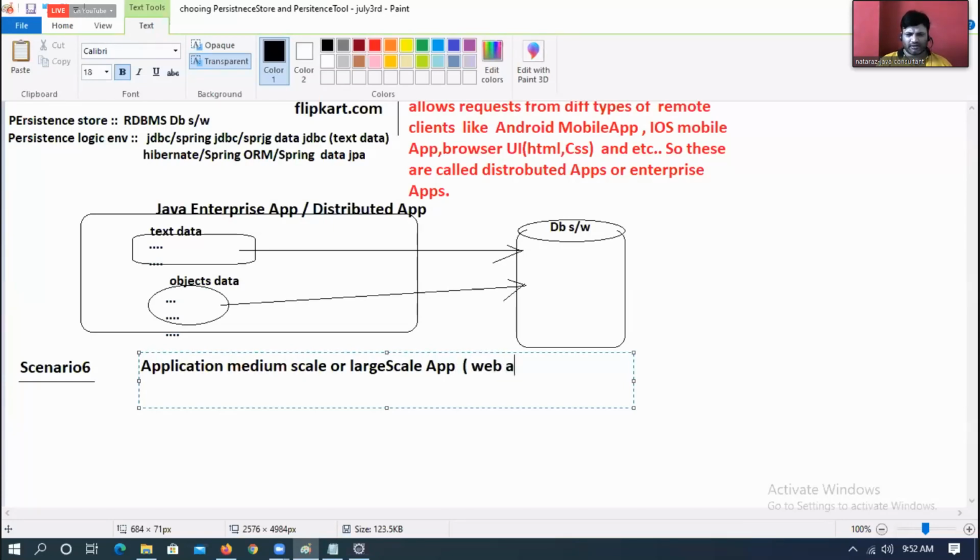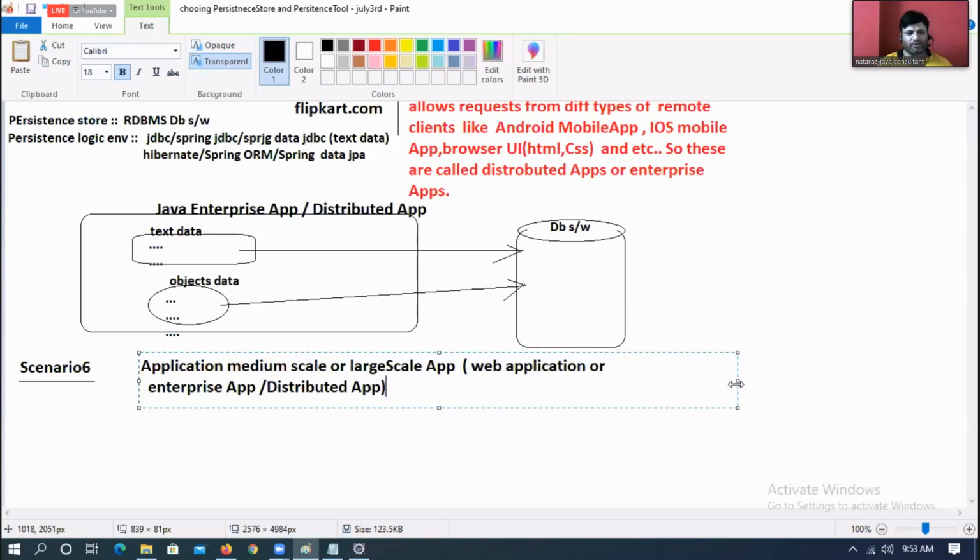Nothing but web application or enterprise application or distributed application. Web application or enterprise application or distributed application.